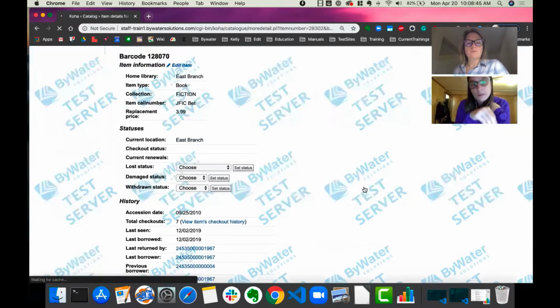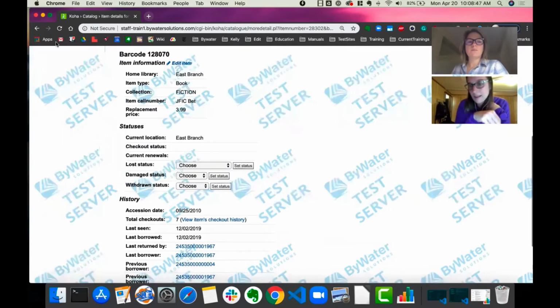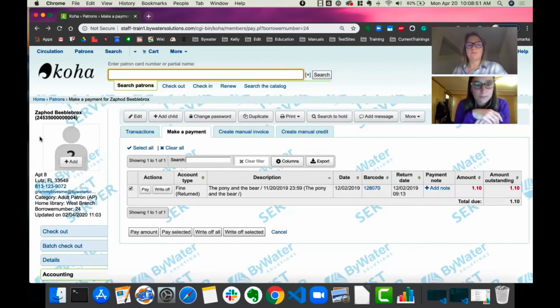So there's some really good details in here in case the patron does ask and you need to look at a little more information. Yep, absolutely. So you can see account type descriptions. You have a title, you have when the item was returned. So you do have a lot of information